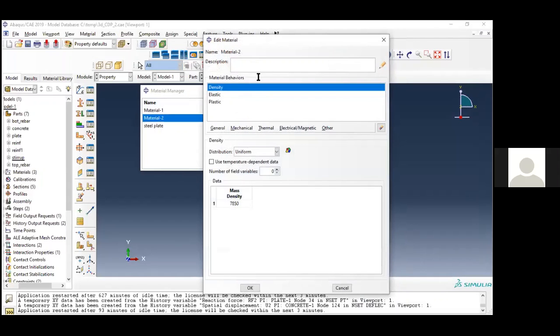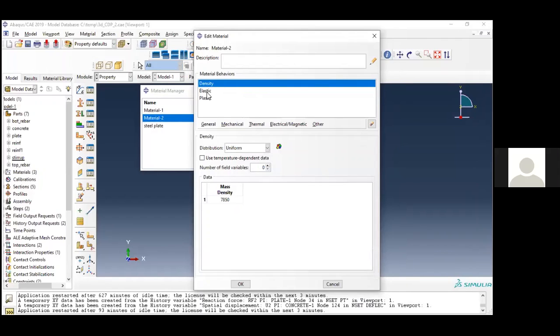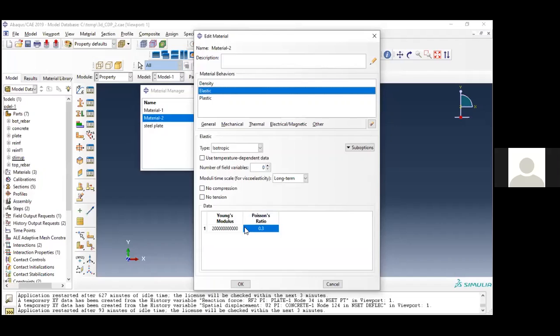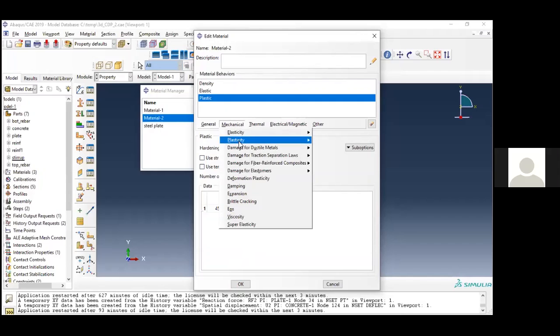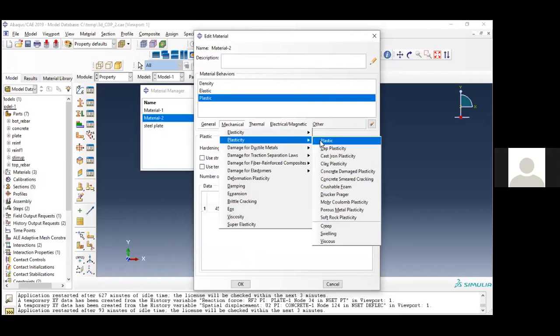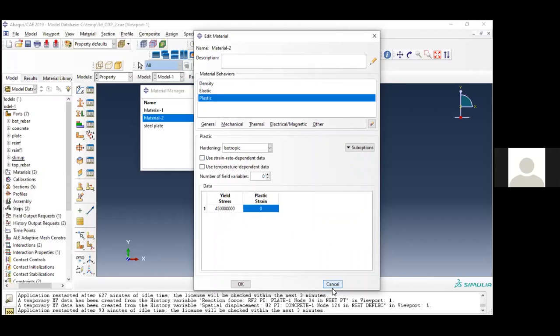Now the material 2 is for the steel. So for steel, the Young's modulus, Poisson's ratio, and also the plastic. Here I have assumed a perfectly plastic material with a yield stress of 450 Newton per mm square. This plastic, you take it from mechanical plasticity plastic. Similarly, the concrete damage plasticity and cement. These all are available in the mechanical plasticity option. So once you define all this,